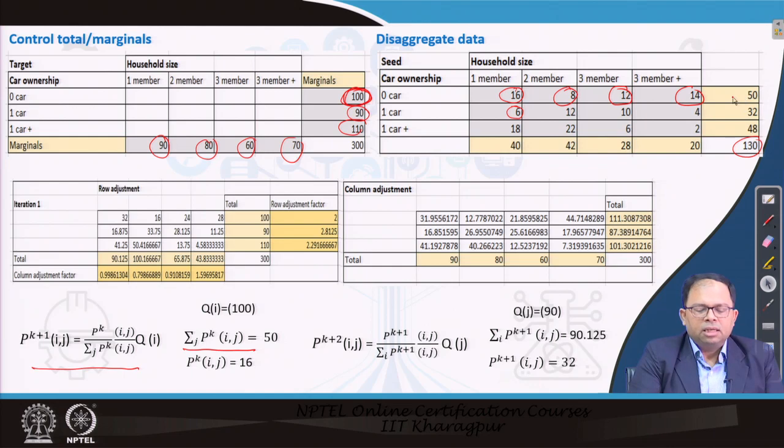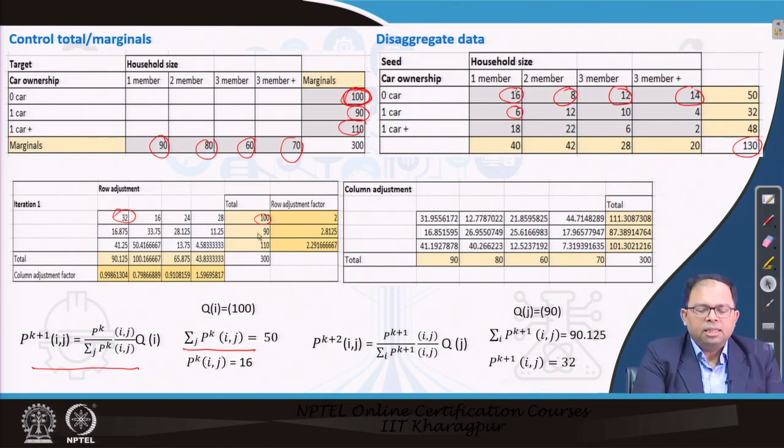So qi is 100 and this is 50, so the proportion is 2. We need to multiply 2 with pk. Pk is 16, so this becomes 32. We have to do it for each row one by one, and when we do that, we see that the totals become the same as the